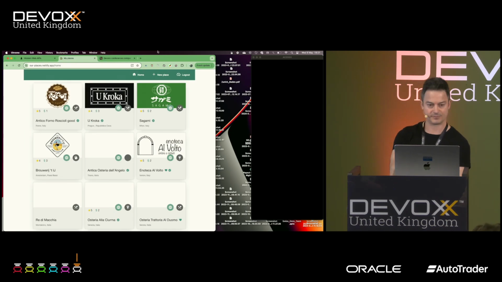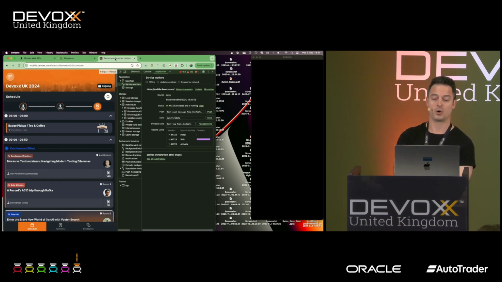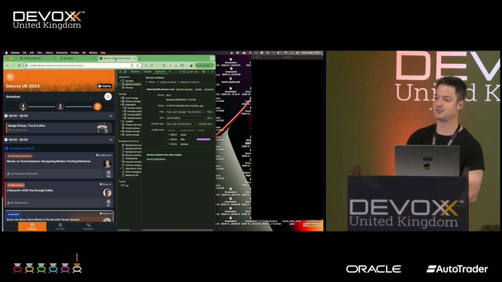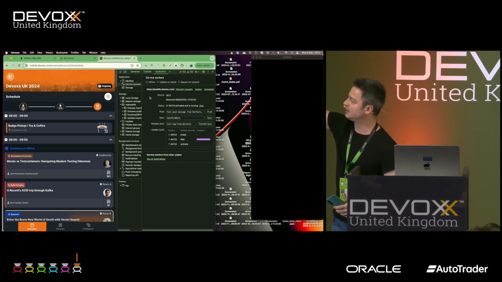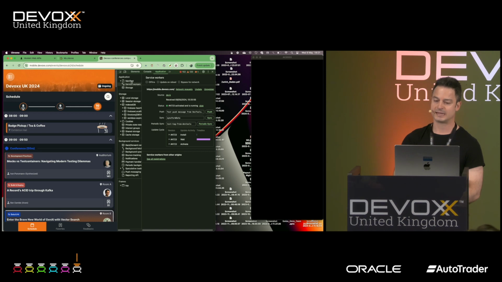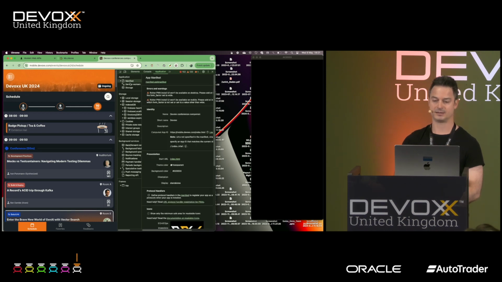Let's see. By the way, also the Devox schedule application is a PWA. In order to check this, in DevTools, in the application tab, you can see there are the service worker and the manifest sections.